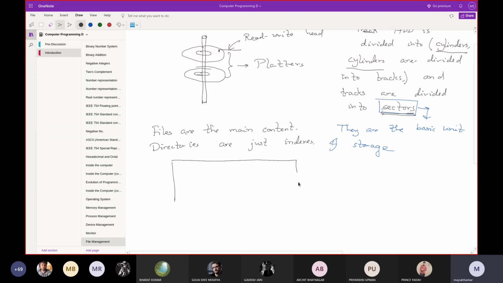Suppose you have a hard disk separated into sectors. Let me just write the most important information. Sectors are commonly of size 512 bytes. Each sector is 512 bytes.